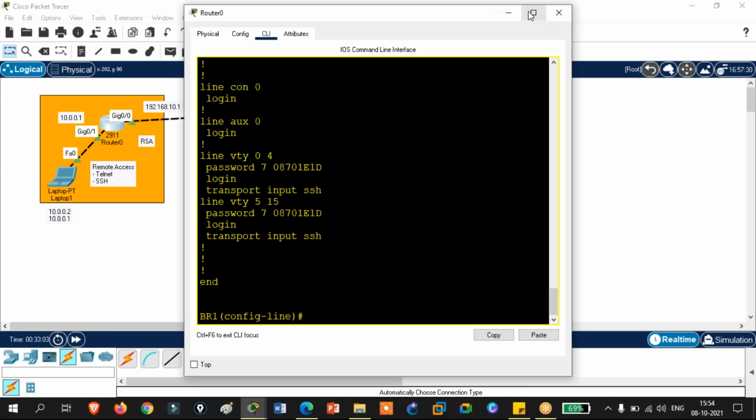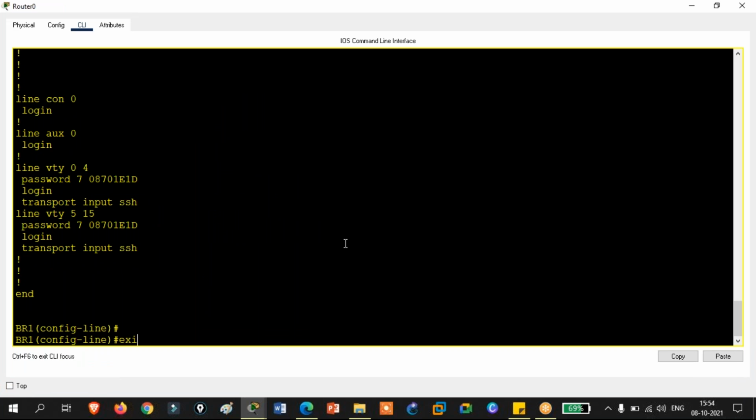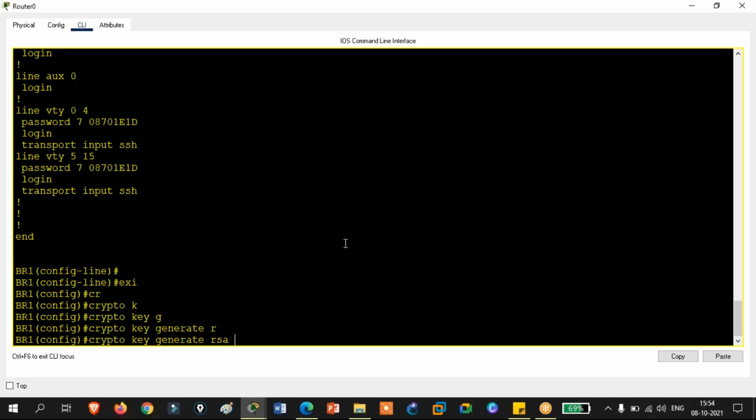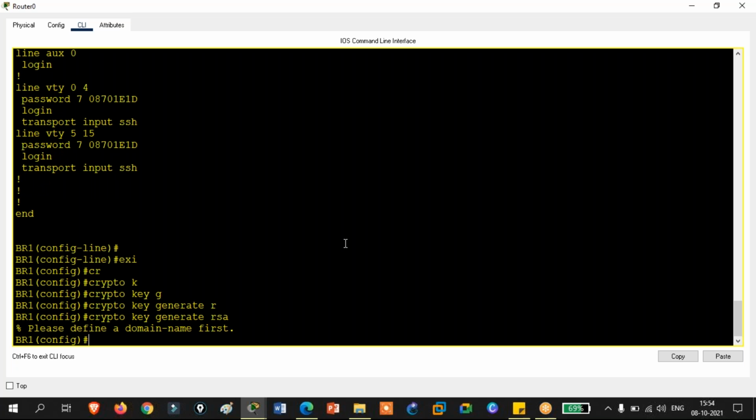So how to configure this algorithm for your encryption? You need to do crypto key generate rsa. This is the command to use this algorithm for your key generation. But without configuring a domain name, you cannot use this algorithm. What is this domain name?